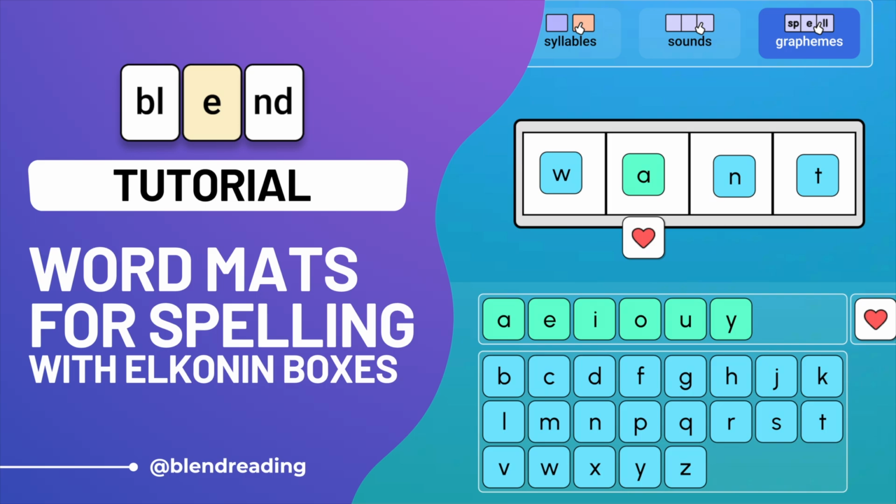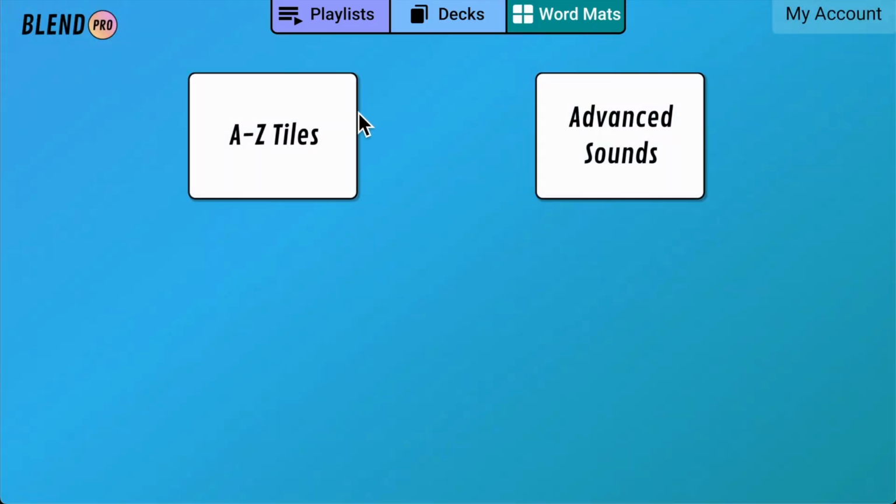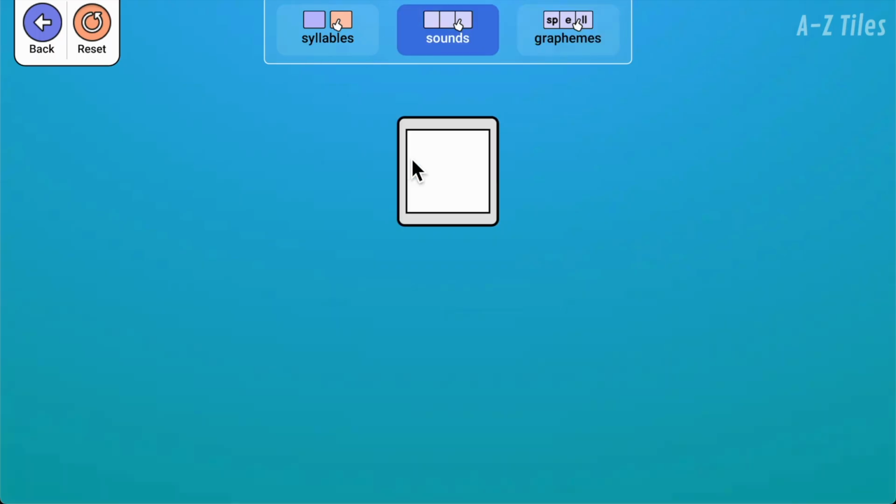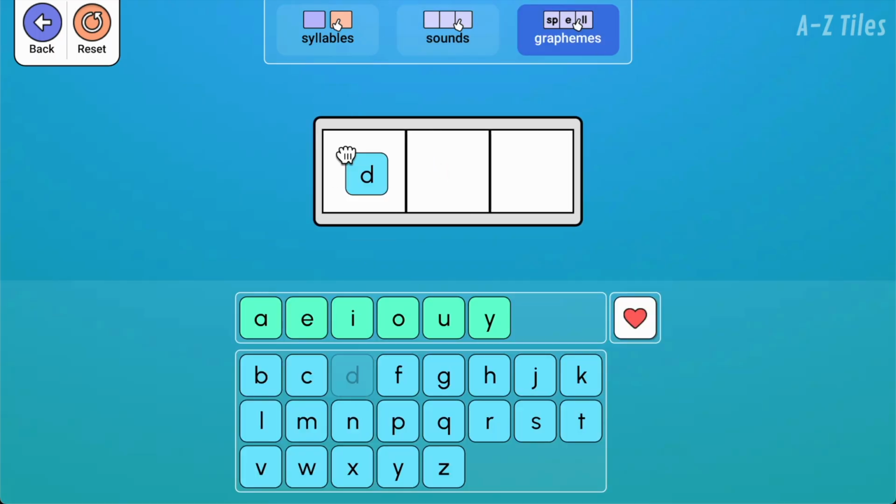In this video, I'm going to show you one of our most exciting new features in Blend, our word work mat for spelling. The word mat is a perfect complement to our decks and playlists features in Blend that focus mainly on the blending drill and visual drill. Now from the same tool, you can work on spelling and segmenting words with your students using the word mats